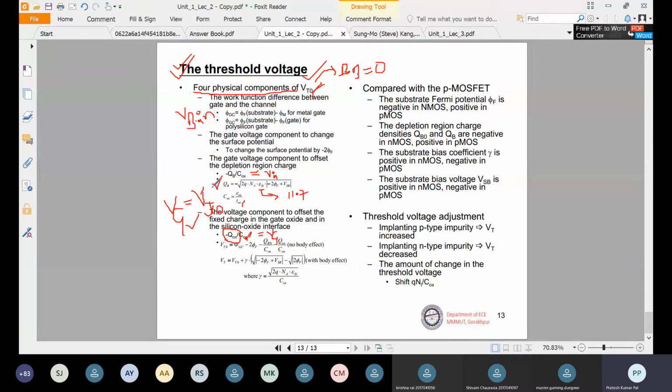ठीक है, तो क्योंकि थ्रेशोल्ड वोल्टेज का डेफिनेशन क्या है, थ्रेशोल्ड वोल्टेज इज दैट गेट वोल्टेज at which the channel will be formed and current flow in the MOSFET will start. Okay, तो करंट फ्लो तभी स्टार्ट होगा जब चैनल वहाँ पे फॉर्म हो जाए गेट के नीचे, और वो चैनल तभी फॉर्म होगा जब ये सारे कंपोनेंट्स कंपनसेट हो जाएं, इन सारे कंपोनेंट्स को हम रिमूव कर दें. ठीक है, इन सबका इफेक्ट रिमूव कर दें.